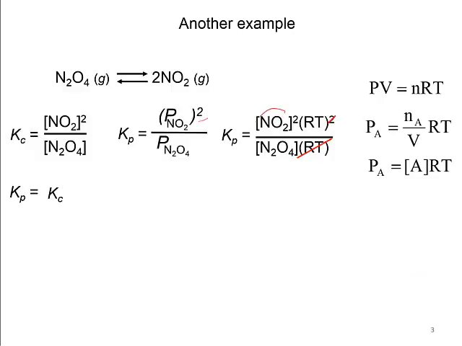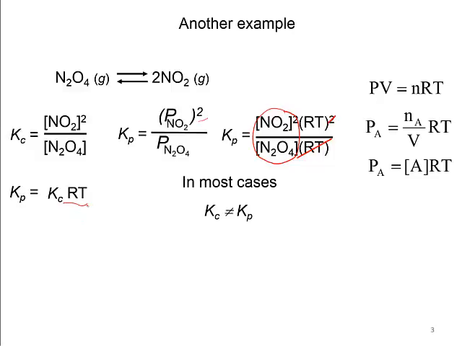Kc. Here is Kc for the reaction, and times RT. So now RT appears in the numerator for this reaction. So in general, in most cases, Kc does not have the same value as Kp, but differs by some factor